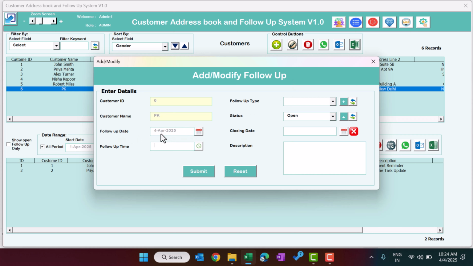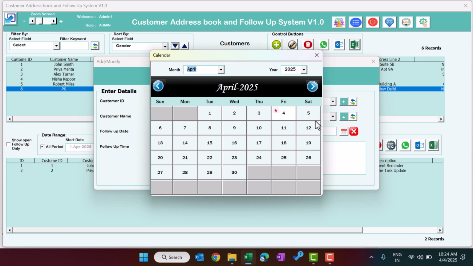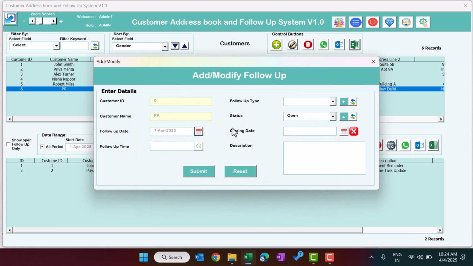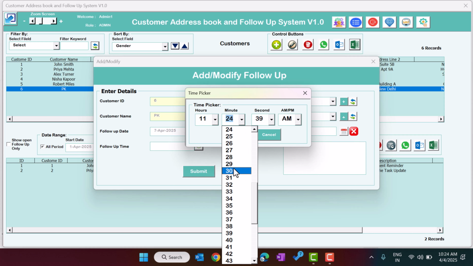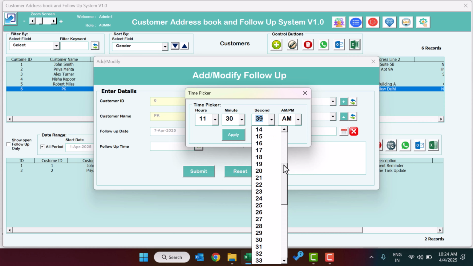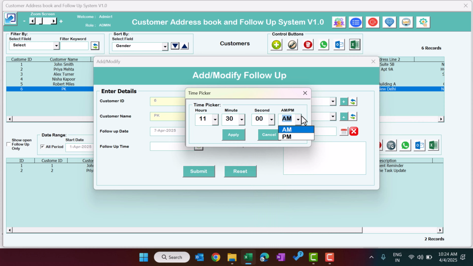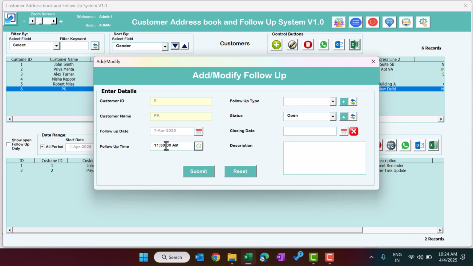date. By default it will take today's date, but you can change this. Let's say I want to put a follow-up for the 7th. If you want to select the time, you can select the time, otherwise you can skip that. But let's say I want to select the time, so it will open this time picker. So let's say I'm taking the time of 11:30, and second you can take AM or PM, you can decide and apply. So it has taken that time also here, or you can manually change this as you want,